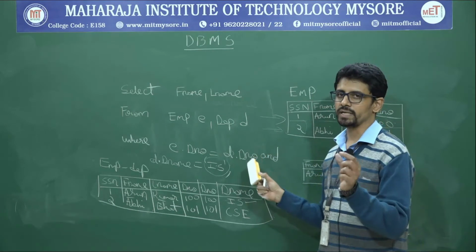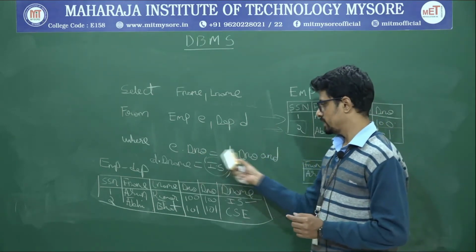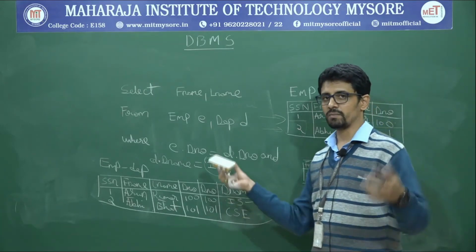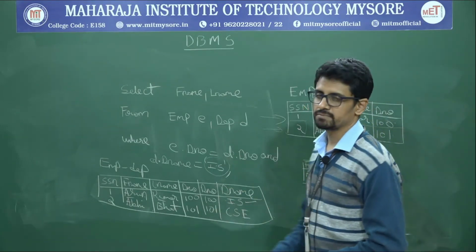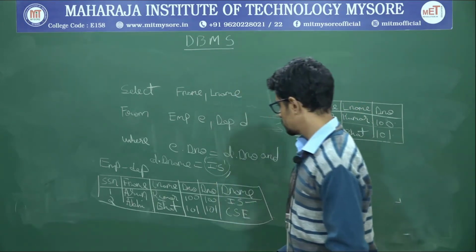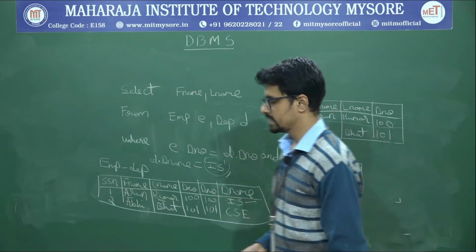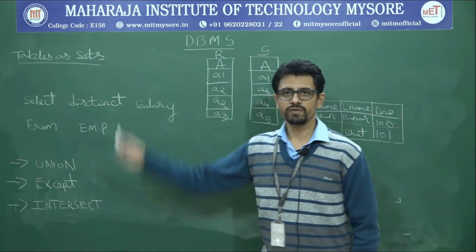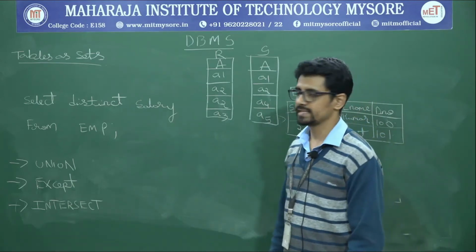Aliasing means giving shorter names to the table names, where here I'll be using it for only one join operation. We will be having complicated queries. We have multiple join operations. At those times the aliasing plays a major role. Okay, so this is all about select and joining the tables. Okay, now we will see these tables as sets.